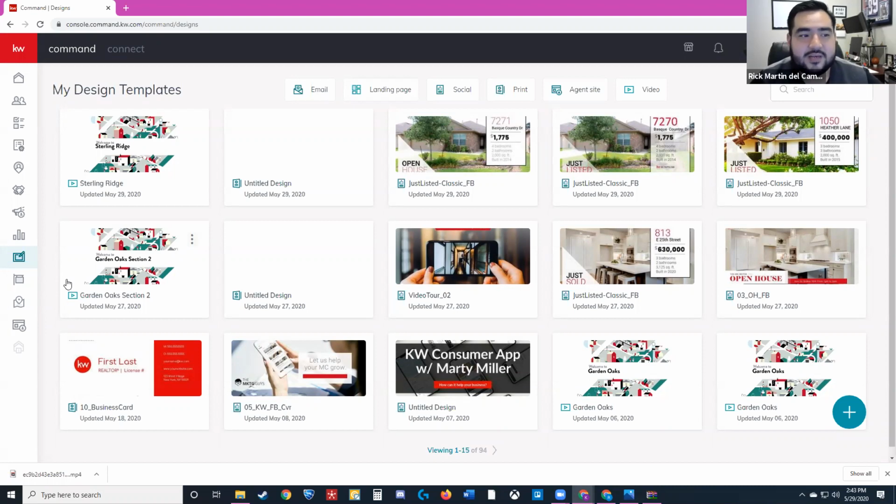But I feel there's still a lot of value in Command, like being able to pull in through KWLS and have those photos readily available. That's something Canva, no matter how easy it is to use, doesn't do, and it's time saving. You all saw when I ran through the design the second time without teaching, it took me about 3-4 minutes, and what took longest was waiting on the page to load.